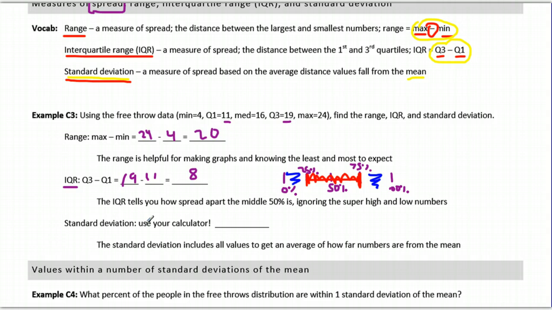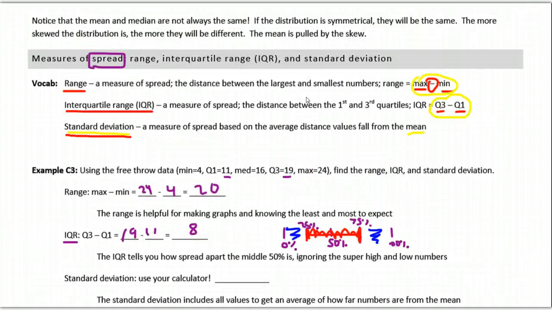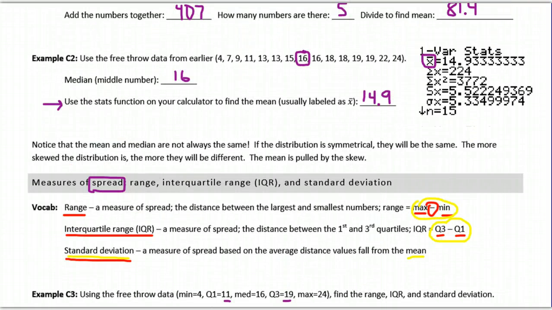The last one is standard deviation. Now, using the numbers that are shown just in this section, you actually couldn't calculate standard deviation. You need every single number in your list. So we're going to have to go back to the previous section where we have the full list right here